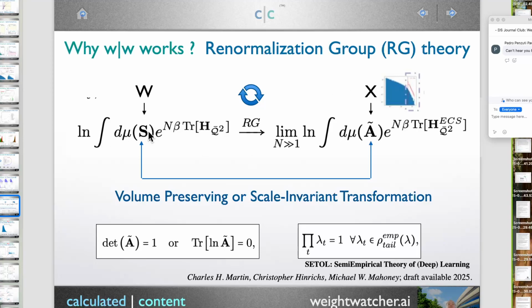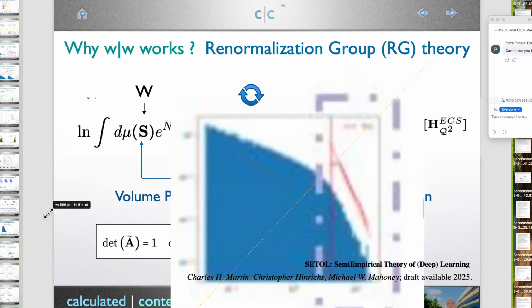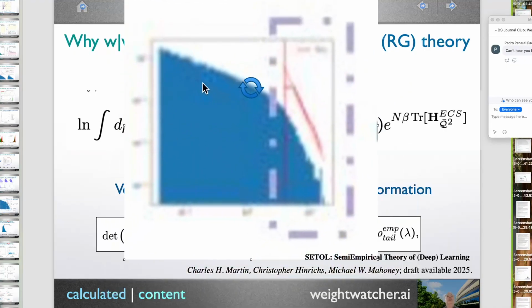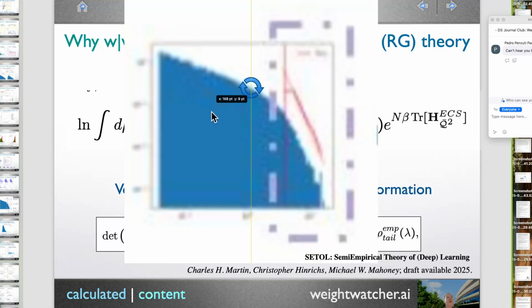What happens is you have this transformation where I'm trying to do an integral over all matrices. In the theory, it turns out you have to do a transformation to a lower rank space where you're integrating over all correlation matrices. You get this effect where, if you look at the eigenvalue spectrum, all the correlations concentrate in this low rank subspace called the effective correlation space, the slope of the eigenvalue distribution becomes 2, and the system satisfies this trace log condition.